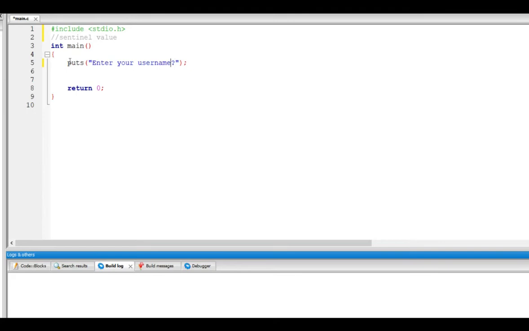Let's just say username and password so that we don't type a lot of things. Password. Then we can say scanf, but we need variables, so we say int user1, and user2,